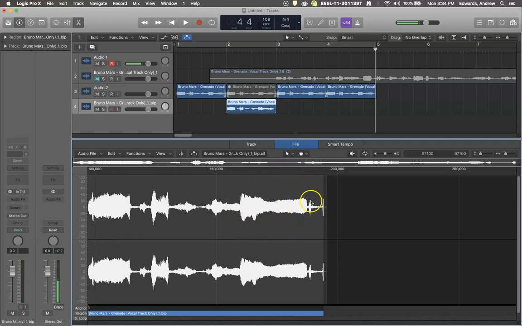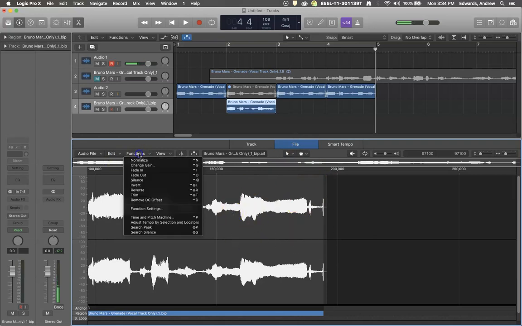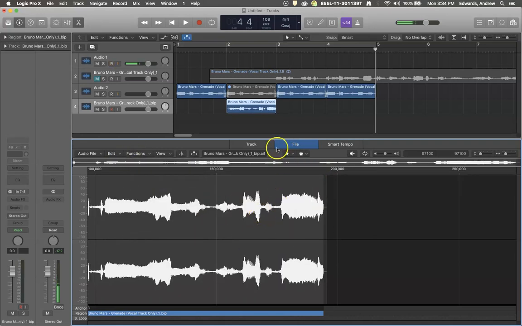This brings up your audio file editor. We're going to go to Functions and Reverse. Now you notice that that actually flipped on the screen, and so when we listen to this measure,